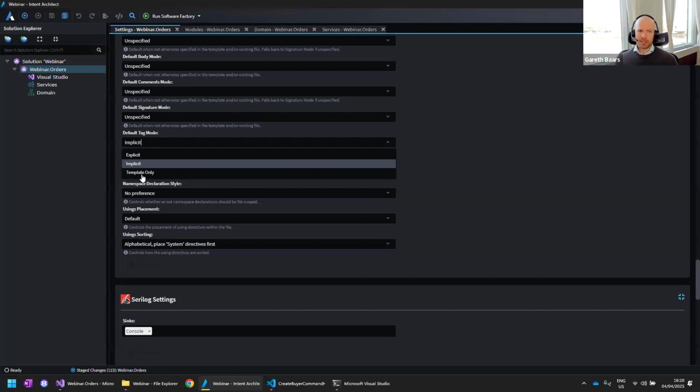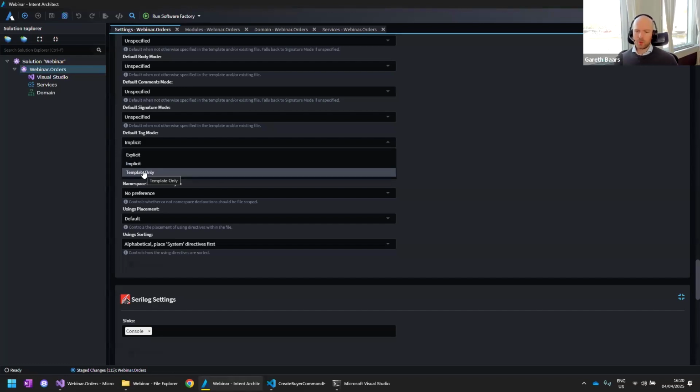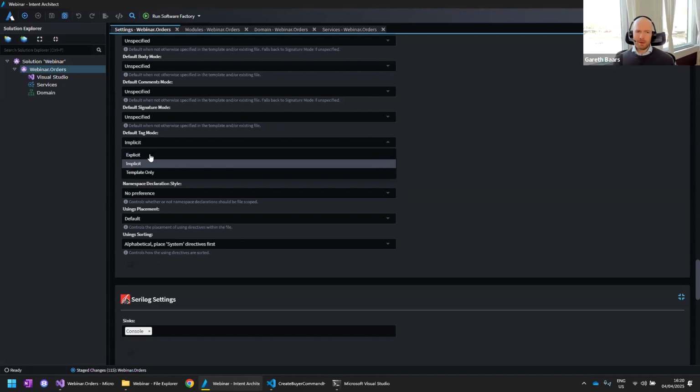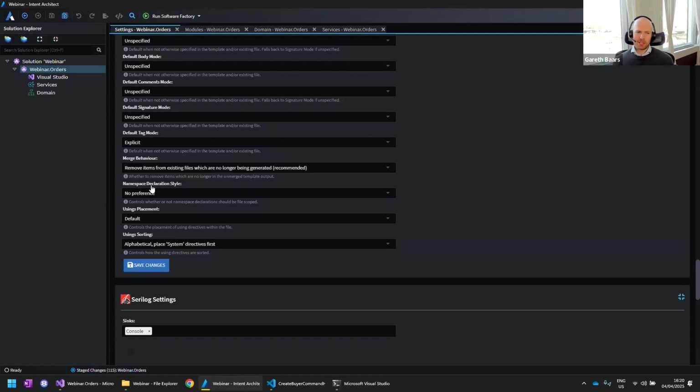And then we also have this final option over here called template only. This option will strip out all instructions from the code base completely, end to end. We have this option available as part of our promise that there is absolutely zero lock-in to Intent Architect. If a development team wants to completely remove any trace of Intent Architect in that system, they can do that in a matter of a few seconds by running it in template-only mode, and all of those code management tags will simply be removed from the code base. This has data loss in it, because any deviations would be lost as part of that. But between implicit and explicit mode, there is no data loss, and so teams can jump between those.